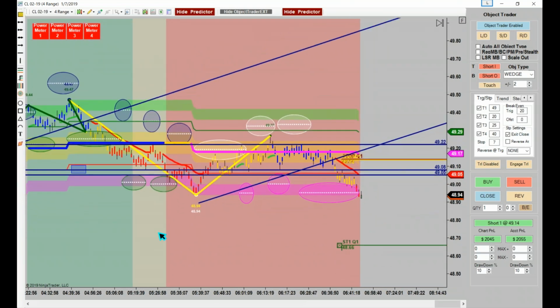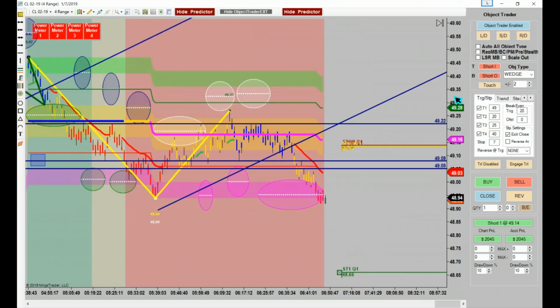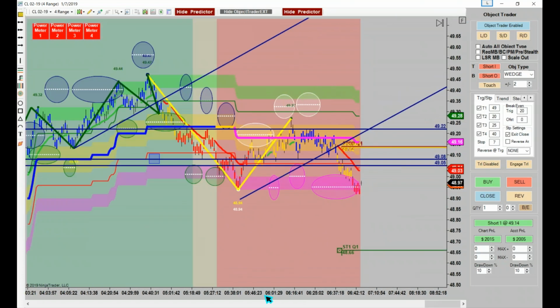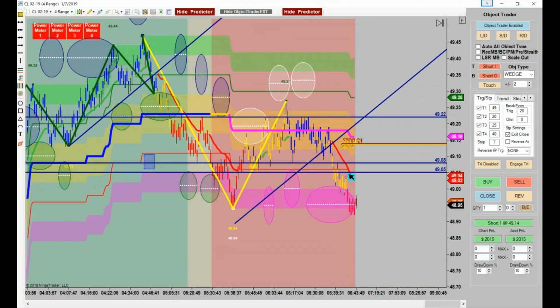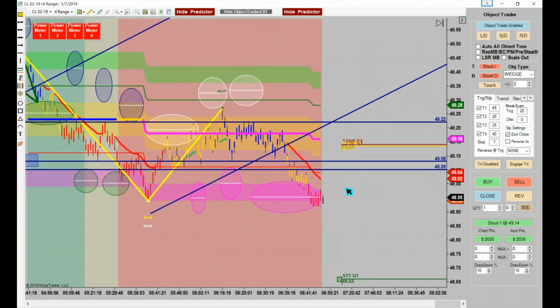It turned out to be a pretty good little trade, didn't it? Everybody see how you can totally figure out your charts if you just watch them on a daily basis? And what's your primary swing? What's your secondary swing? And keep in mind that what I'm talking about is when they're stair stepping, not if